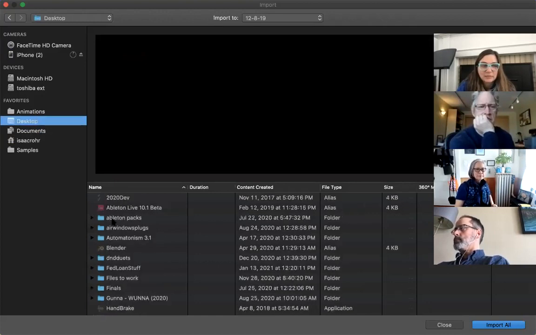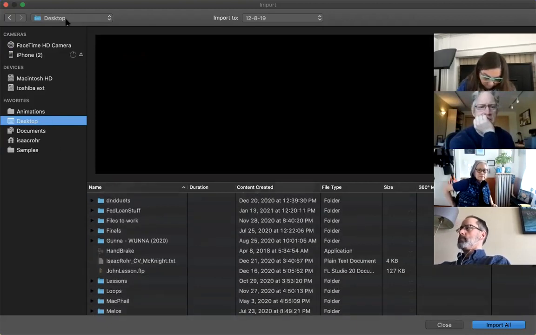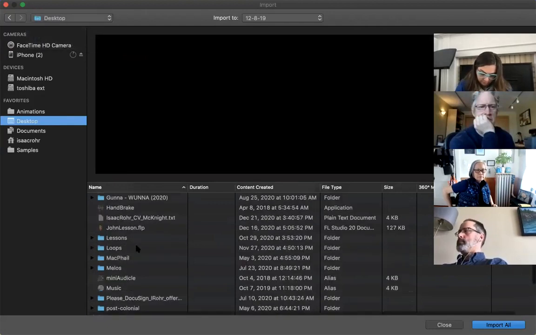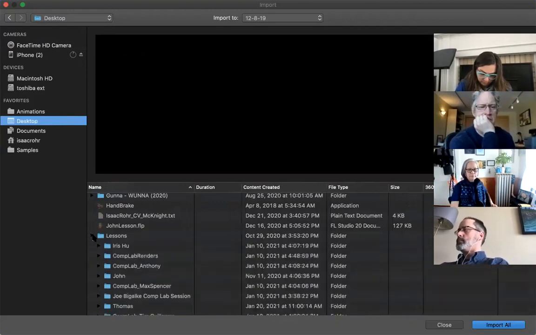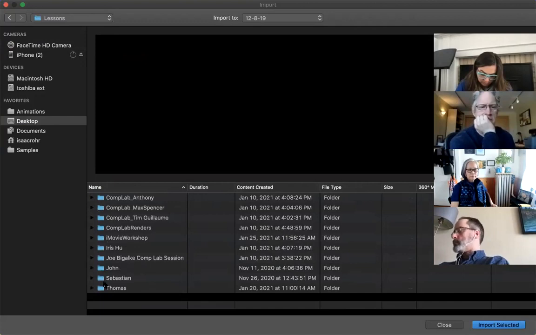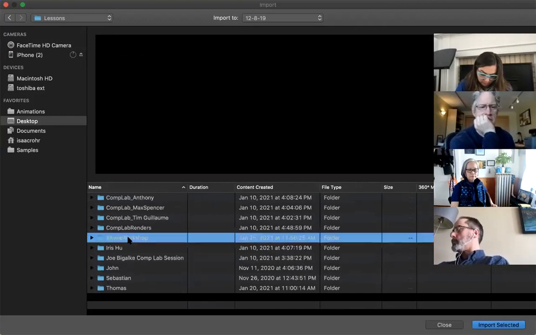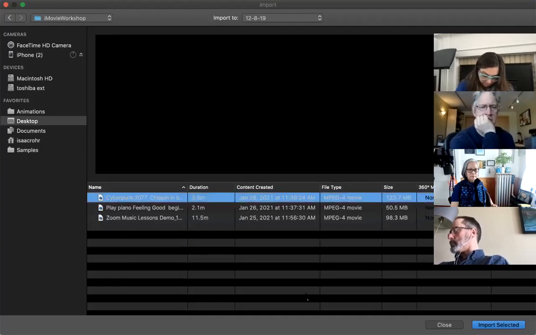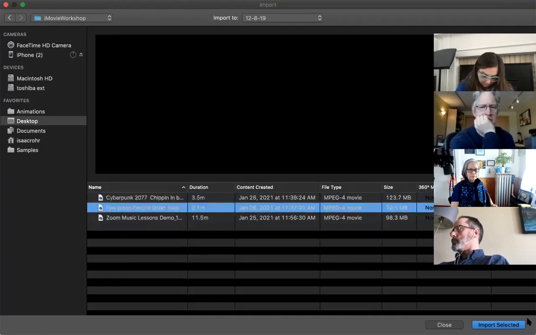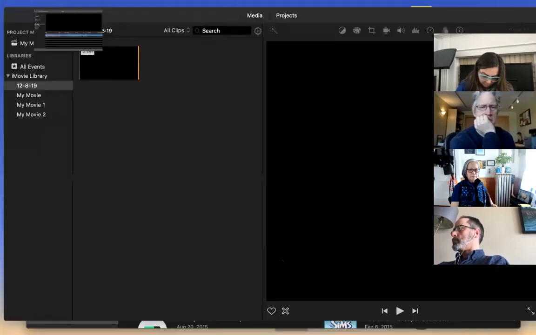What I was looking for is on my desktop, and that's on the left-hand side here. So you can go ahead and look for that. Up at the top here, you can also browse a little bit. But anyways, I'm looking for my lessons folder. In the left-hand corner, you can do a drop down like this, or you can double click to open it. So I'll just go find those. These are the ones I'm looking for. I'll just import one for now and then show you the more typical workflow. All I do is click that, and then at the bottom, click import selected, or you can just double click it.